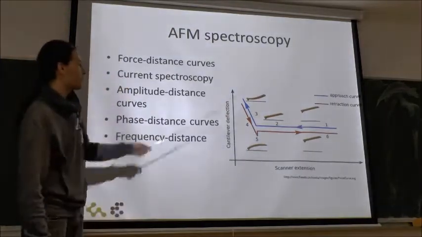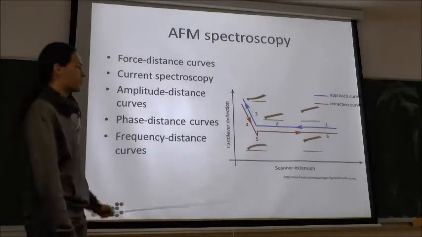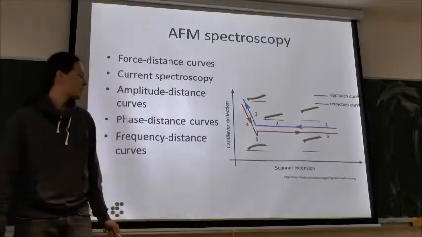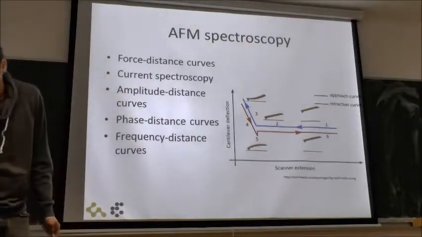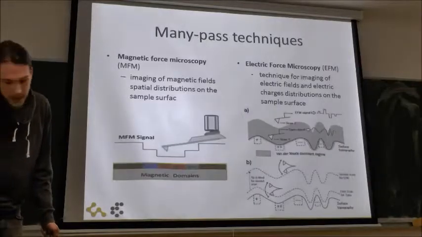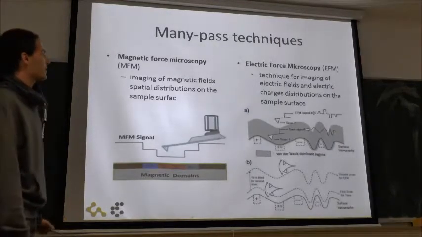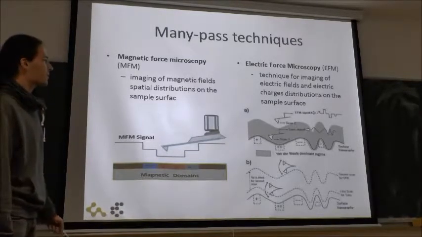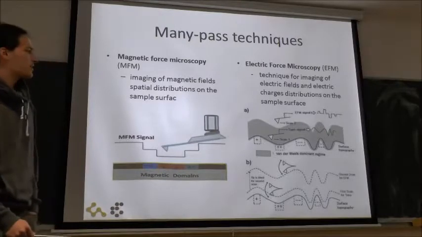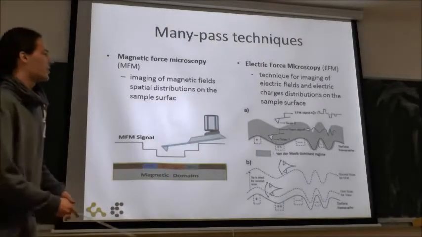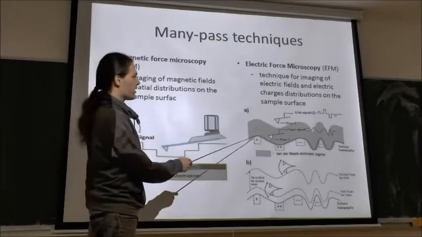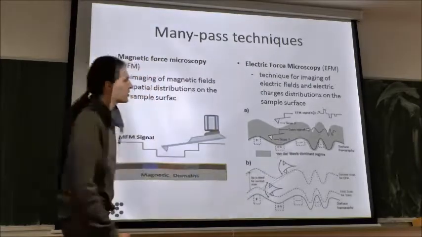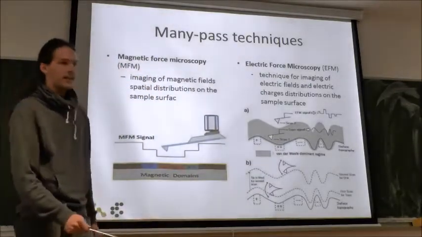And from this we can obtain forces and frequencies. And then when we are retracting more, there's no change in cantilever deflection. What is interesting is multi-pass techniques. These are techniques where we use at least two scans. Here is the presentation. First we do the topography scan, so we obtain such a curve, and in the second scan we